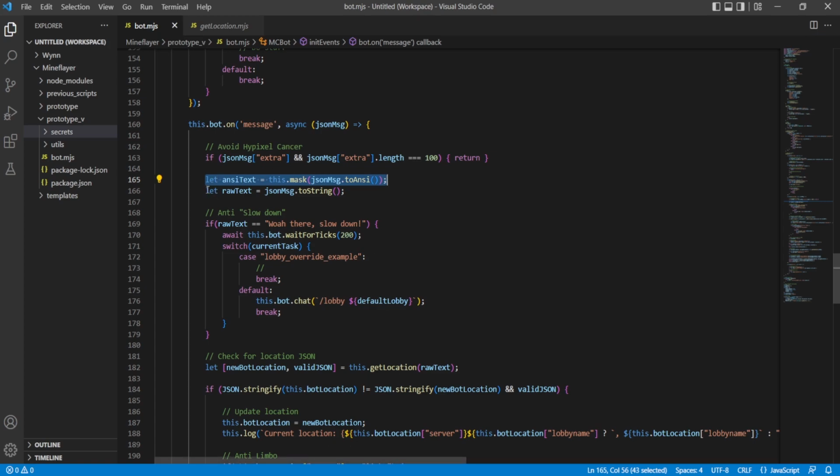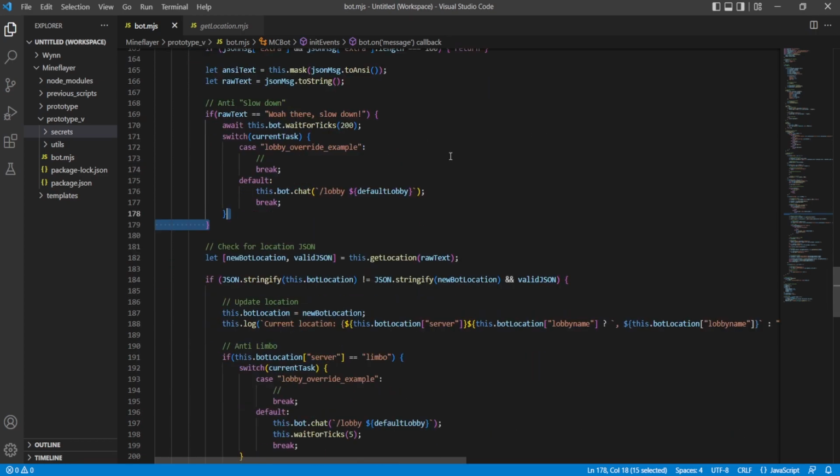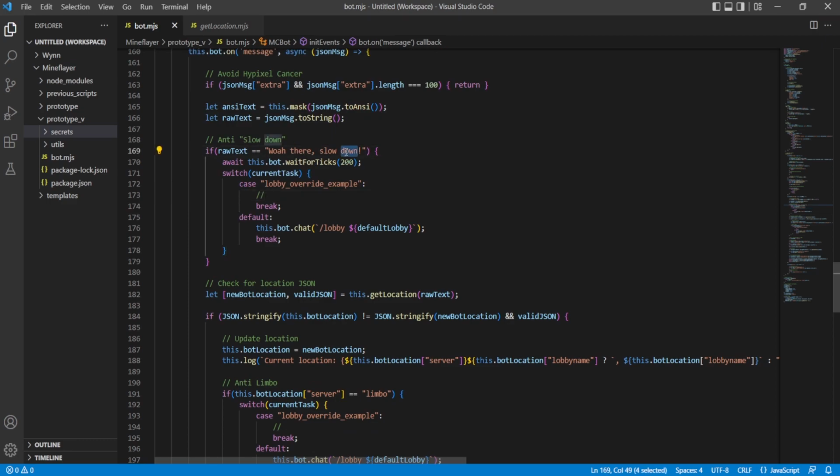And then we also grabbed the raw text just because there's some stuff we want to do later on with some raw text. Like right here, where this is an anti-slowdown. So some of our bots, particularly when we were making the Karma bot, were typing in chat a little too fast. And so it's telling us to slow down. Specifically, it would send us the message, whoa there, slow down. So we added a thing because when it does this, sometimes it would send us to